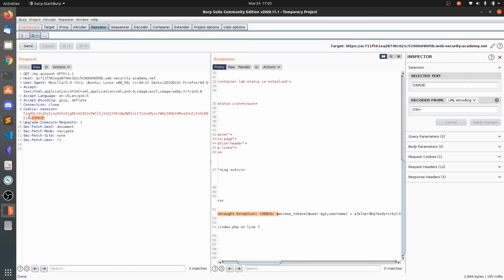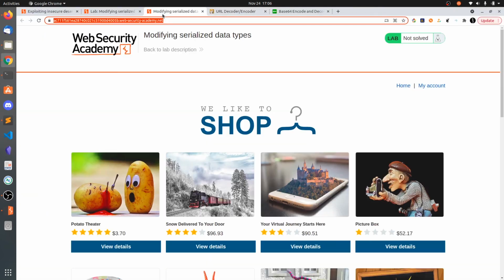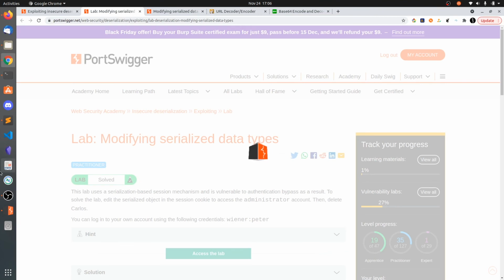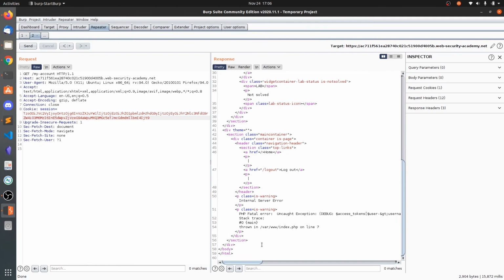Okay, let's paste here. I don't know what went wrong. So what is the account? Administrator account. So internal server error, same.